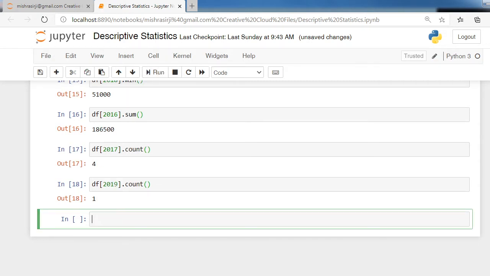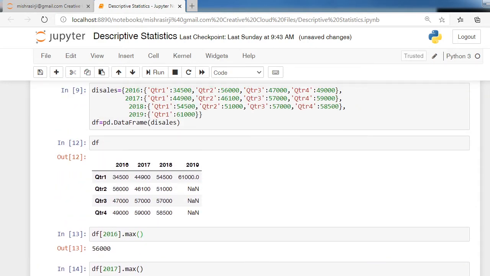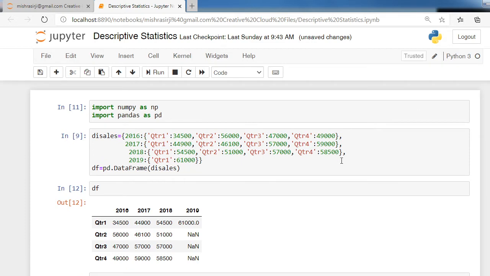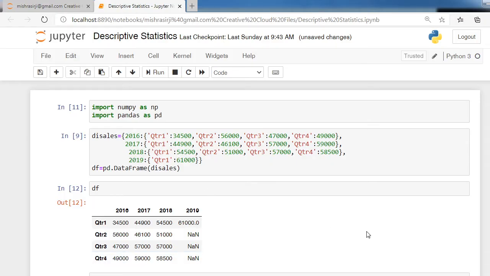This function always returns the total number of non NA entries from each row or column. In our data, 2019 has only one non NA value.